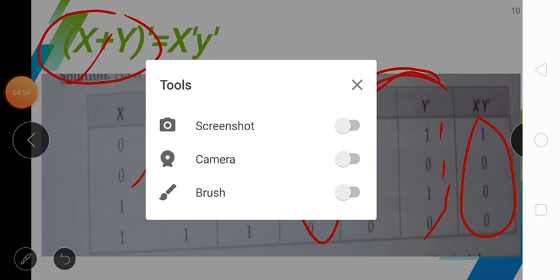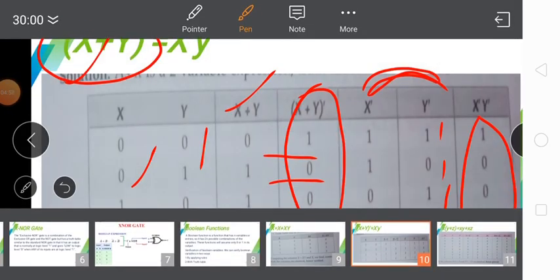So now moving forward, we have one more function, that is x plus y plus z and xy plus xz. So this is a simple distributive law that I am going to prove here. And how many variables are there? There are altogether 3 variables, x, y and z, and for all 3 variables you will have to write